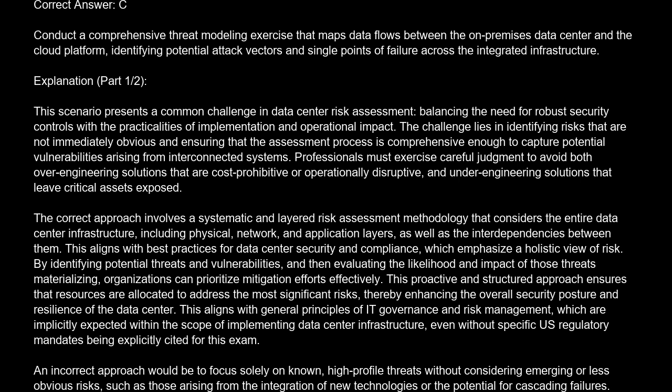Explanation. This scenario presents a common challenge in data center risk assessment, balancing the need for robust security controls with the practicalities of implementation and operational impact. The challenge lies in identifying risks that are not immediately obvious and ensuring that the assessment process is comprehensive enough to capture potential vulnerabilities arising from interconnected systems. Professionals must exercise careful judgment to avoid both over-engineering solutions that are cost-prohibitive or operationally disruptive, and under-engineering solutions that